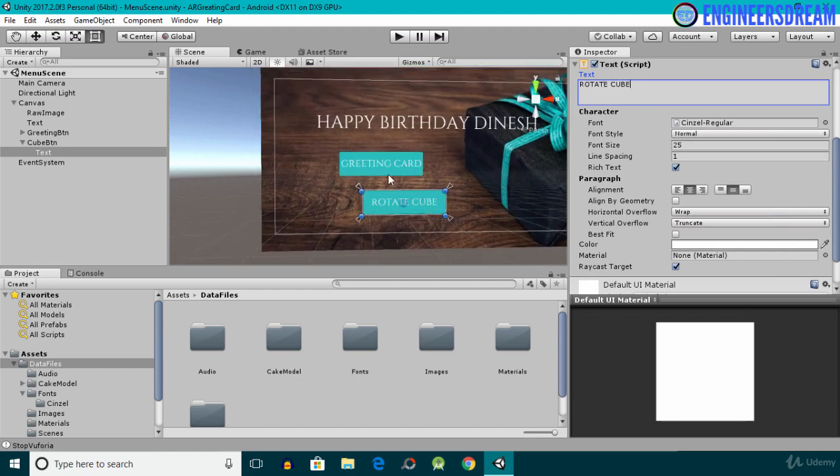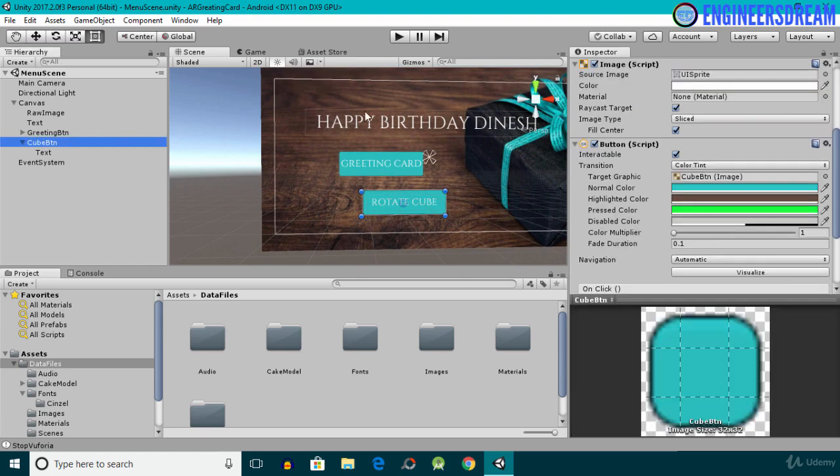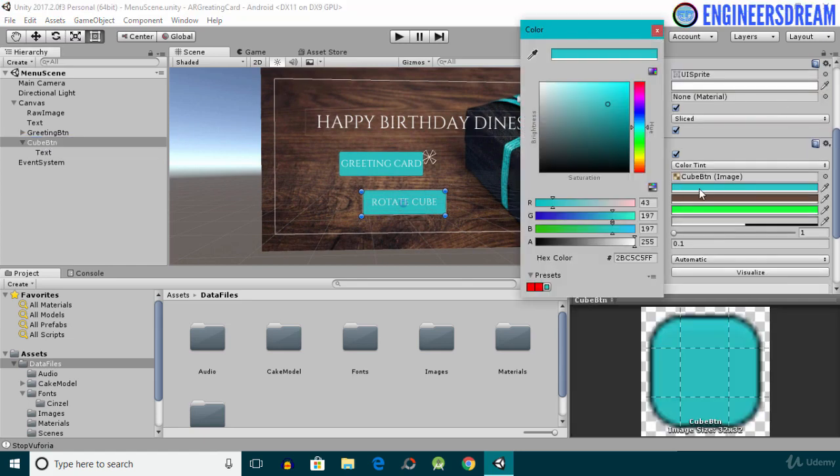Next, I'll change the colors of this rotate cube button. So I'll select the cube button. After this, I'll click on this normal color, and this time instead of choosing any color from the screen, I'll just add some hex values. Okay, so I'll go inside the hex color option, and for the normal color I'll give a hex code of